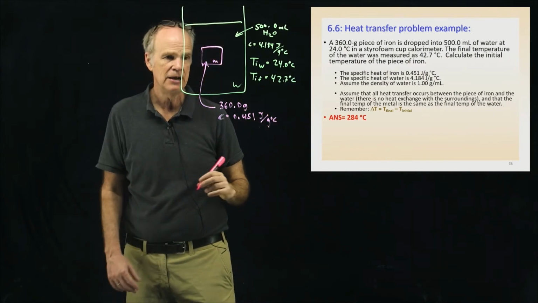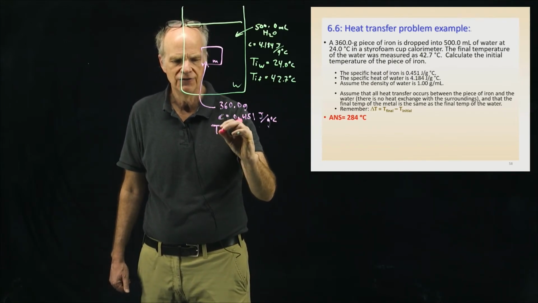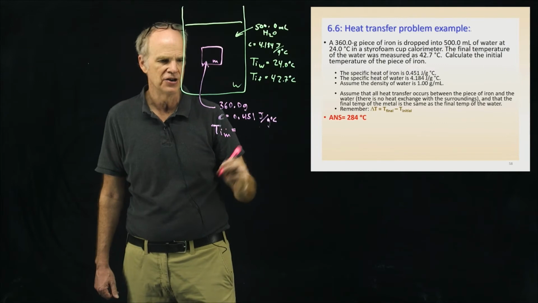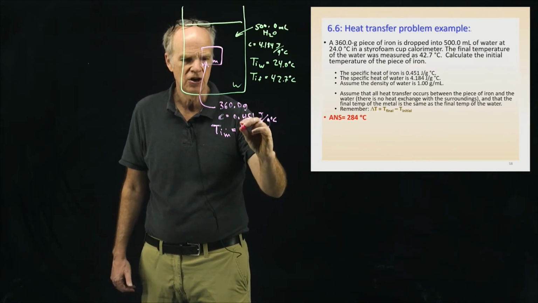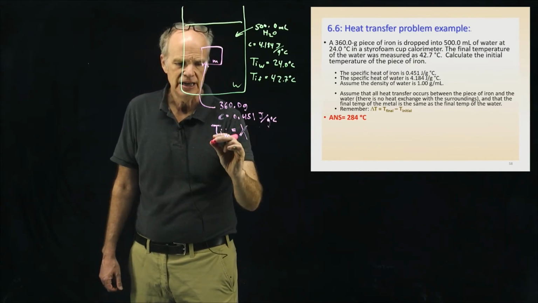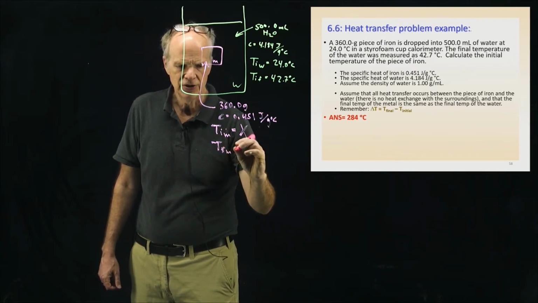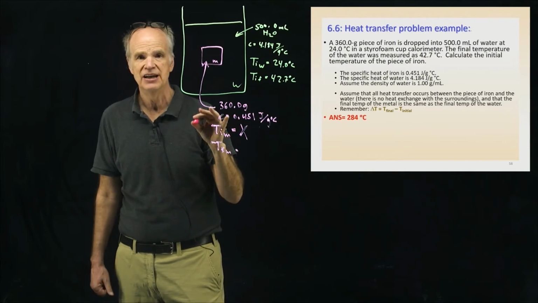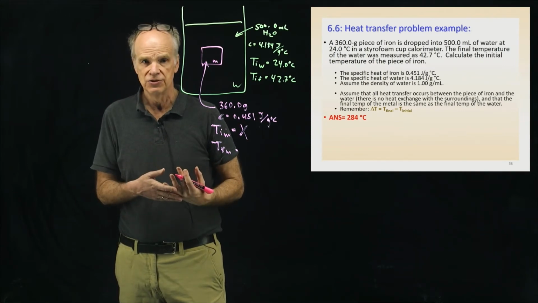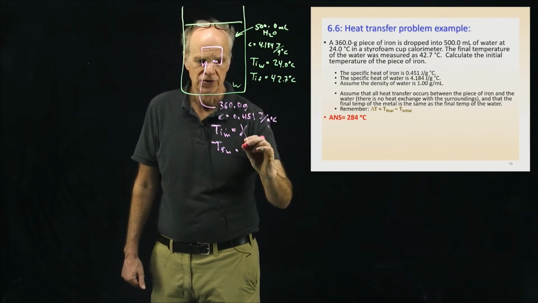Now, are we given any kind of temperature information about the metal? We are not given the initial temperature of the metal. In fact, that is what we're trying to find, so because we're trying to find it, I'll call it X. So what is the final temperature of the metal? We do know it. The final temperature of the metal should be exactly the same as the final temperature of the water, because the metal and the water, given enough time, will come to thermal equilibrium. So it should be